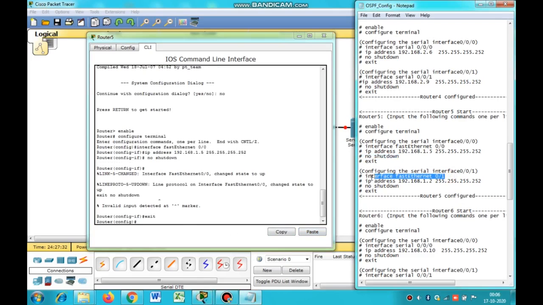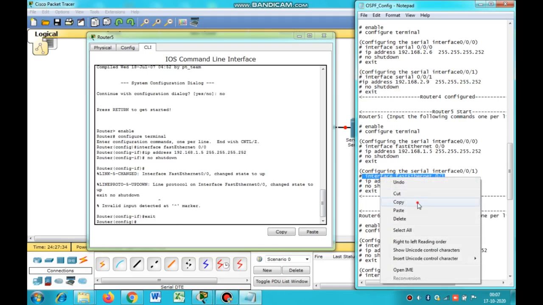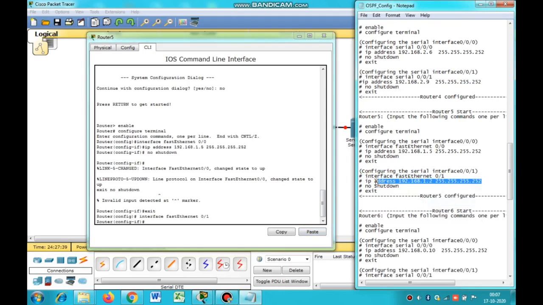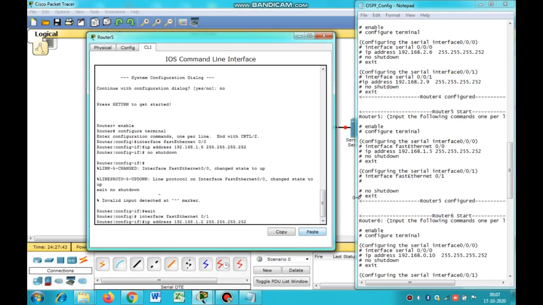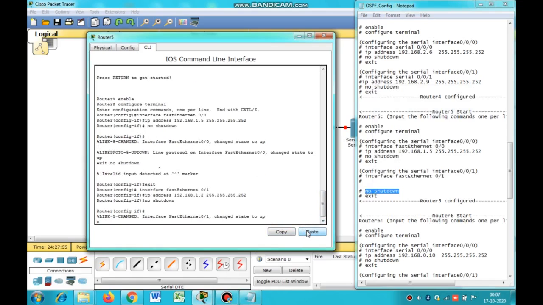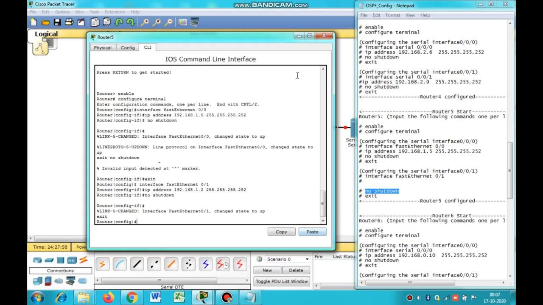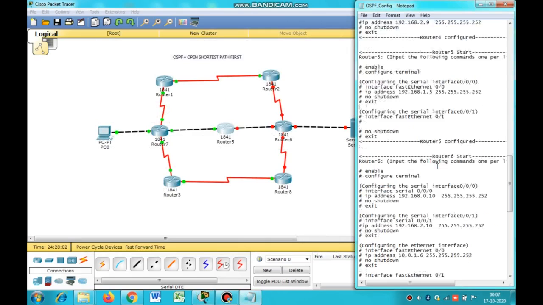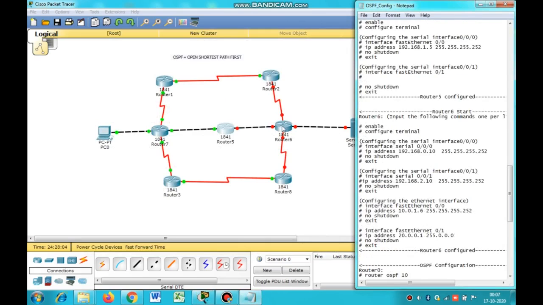And then for this part, interface fast Ethernet, and then IP address, and then no shutdown, exit. Router 5 configured. Now I will go to router 6,